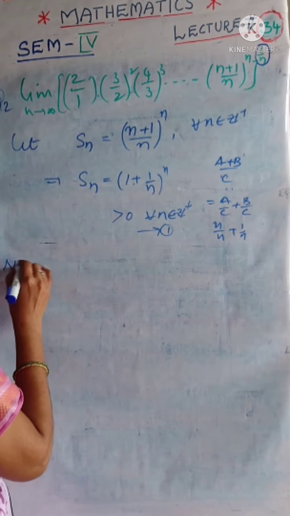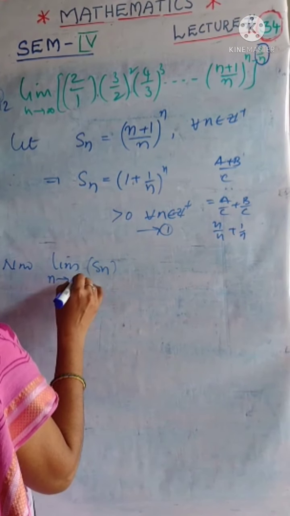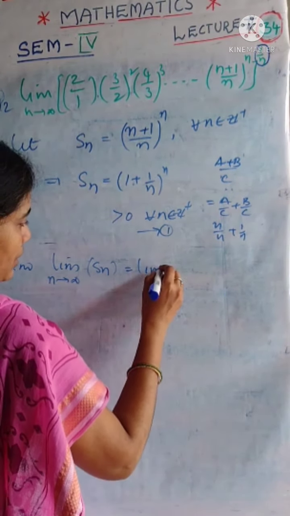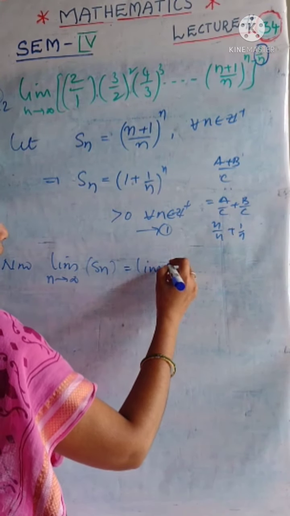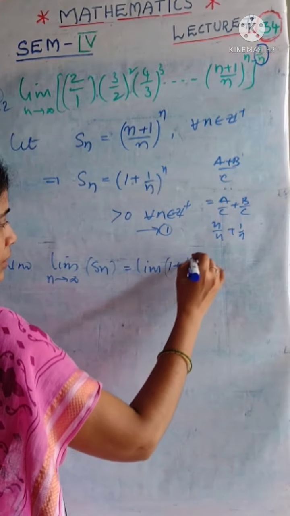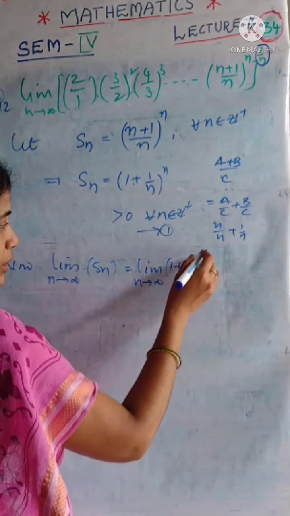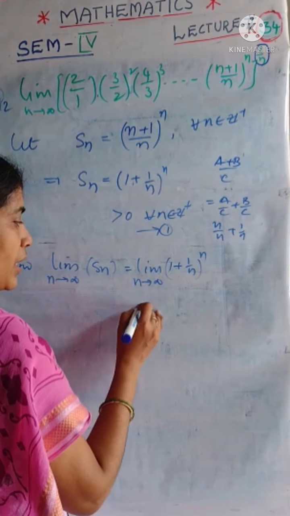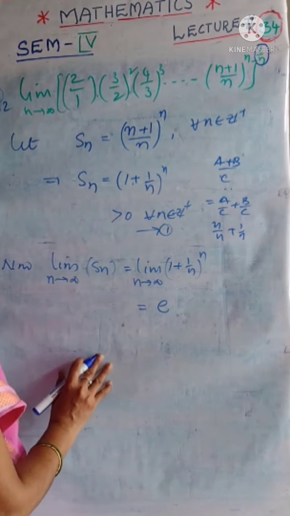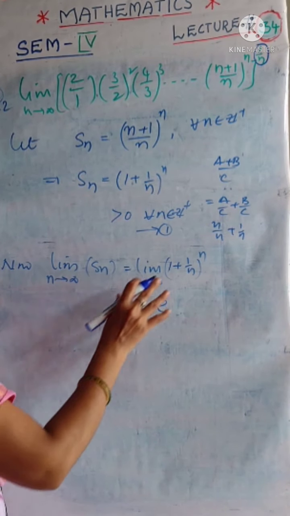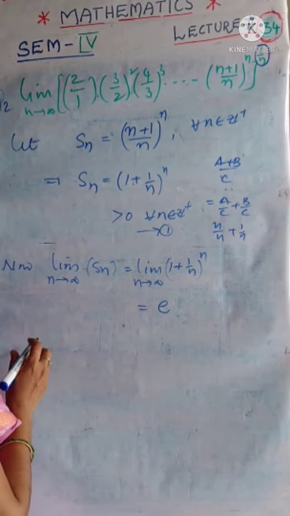Now, what is the limit of Sn? I had already told you that you must have the knowledge of finding the limit of the nth term of the sequence. Then only we can apply this result. The limit of (1 plus 1 by n) to the power of n when n tends to infinity is the Napier constant e. We already discussed it in the applications of the monotone convergence theorem. We proved it. Okay, remember this value.